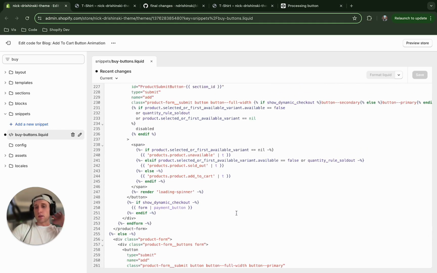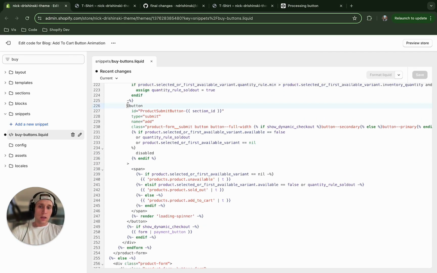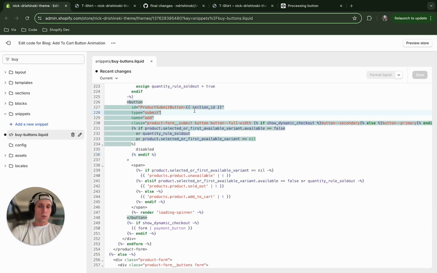So in the Dawn theme, if you scroll down a ways, you will see that we have a button here, and we reuse this button for each of our statuses, whether it's unavailable, sold out, or add to cart. And we are going to make a couple changes here. So the first thing I'm going to do is get rid of this existing class, and I'm going to change it